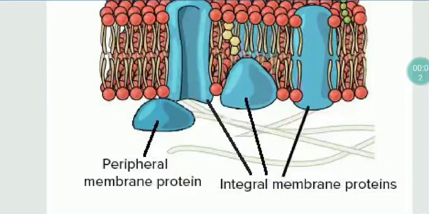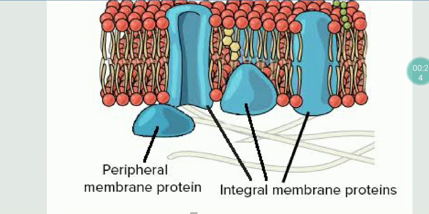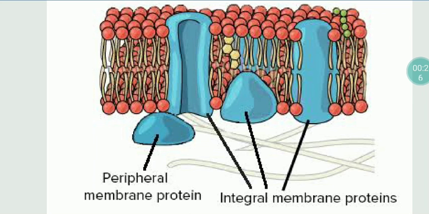Good morning, children. Today, let us see the different kinds of proteins that are associated with the cell membrane. Two types of proteins are associated with the cell membrane based on the ease of extraction, how easily we can extract the protein out. Based on that, we have peripheral proteins. These peripheral proteins can be attached to the inner membrane or the outer membrane of the phospholipid. These peripheral proteins can be knocked out, taken out very easily, so they are known as peripheral proteins.